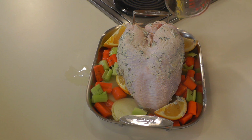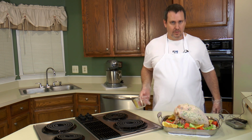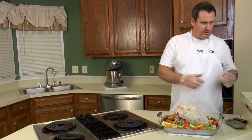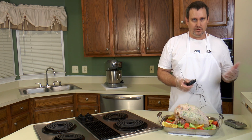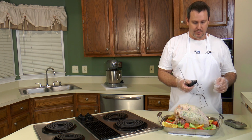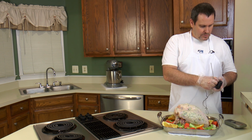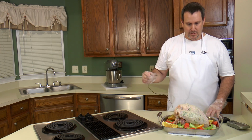And for this particular pan, it gives us maybe 1/4 of an inch at the bottom. To cook this thing, I like using a meat probe. Now a lot of times people will cook for an hour, hour and a half, however long you want, or if you got a really small breast, maybe 30 minutes, and then probe it near the end. I like to actually put a probe in while it's raw,